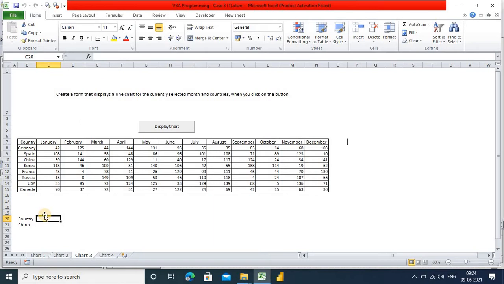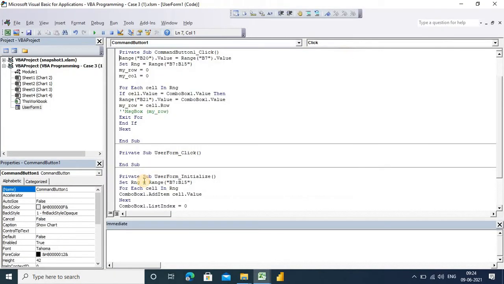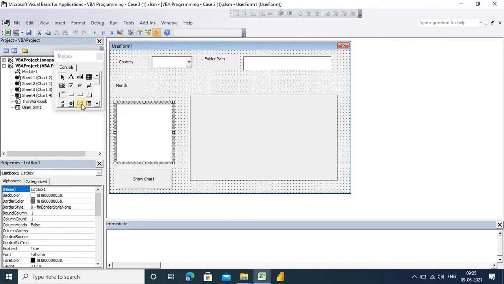First of all, I'm going there, just click on show chart, because show chart is the button where we are commanding all this user form. So this comes from the list, right? You can see this comes from the list.